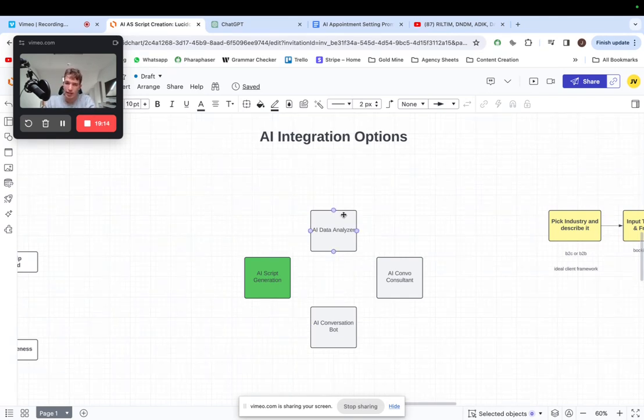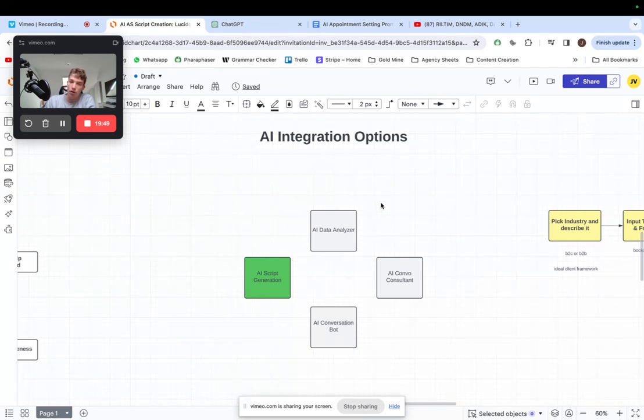Now the next one is AI data analyzer, also a very good integration option. However, it requires a bit more knowledge and it's a bit more complex, so I wouldn't recommend it for a beginner. And we're not gonna go into too much detail on any of these in this video. If you want me to show you how you can integrate all of those 4 things, because I have been integrating those in other businesses, and I've worked with businesses that have those things, or at least some of them, in their business, let me know. I think we can work something